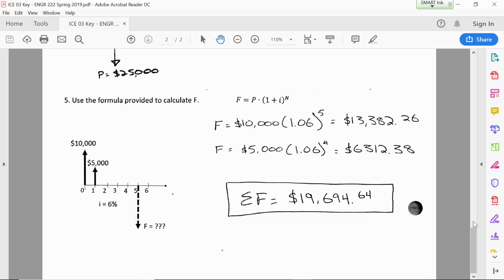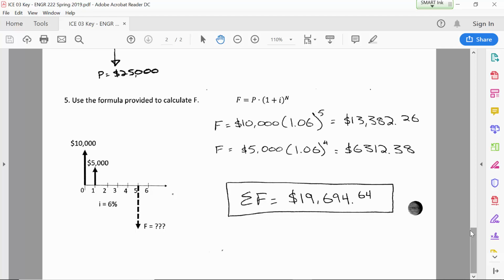And so 10,000 times 1.06 to the 5 power, because that 10,000 that we get in year 0 is going to be accumulating interest for 5 periods. But the 5,000 that we receive in year 1, that only accumulates interest over 4 periods. And so we have a separate row where we're saying the $5,000 is compounded for 4 years, and so the combined amount is